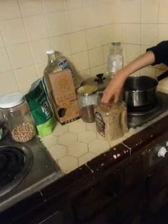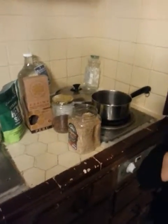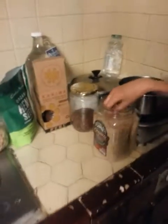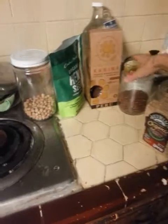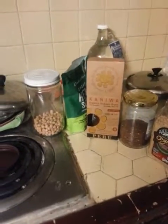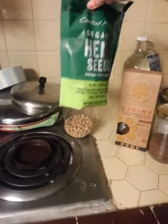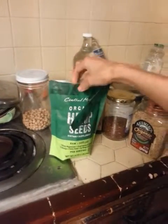So this is part 2, and I'm going to go ahead and start it. I'll talk about what we have here. We have rice, quinoa, organic Indian grain. I'm going to add some hemp seeds, because normally he eats the hemp seeds raw